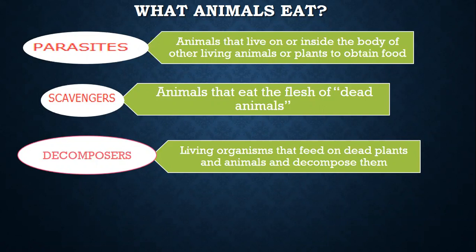Parasites are the animals that live on or inside the body of other animals or plants and obtain their food from them. They are called parasites, for example fleas, leeches, and bugs. They live outside the body of the other animal and suck their blood. While some other parasites, like roundworm, tapeworm, and hookworm, live inside the body of animals and absorb the digested food